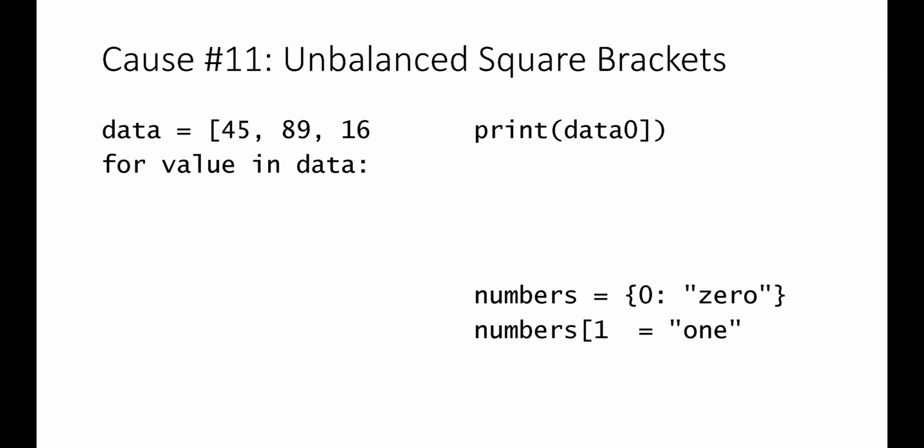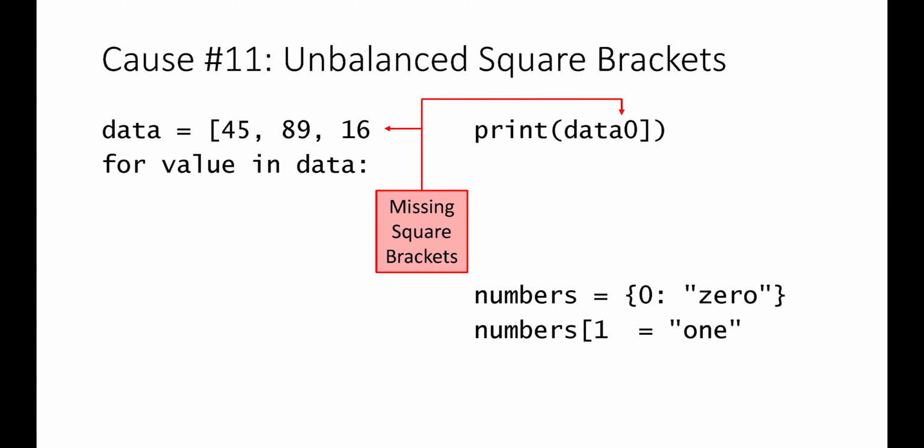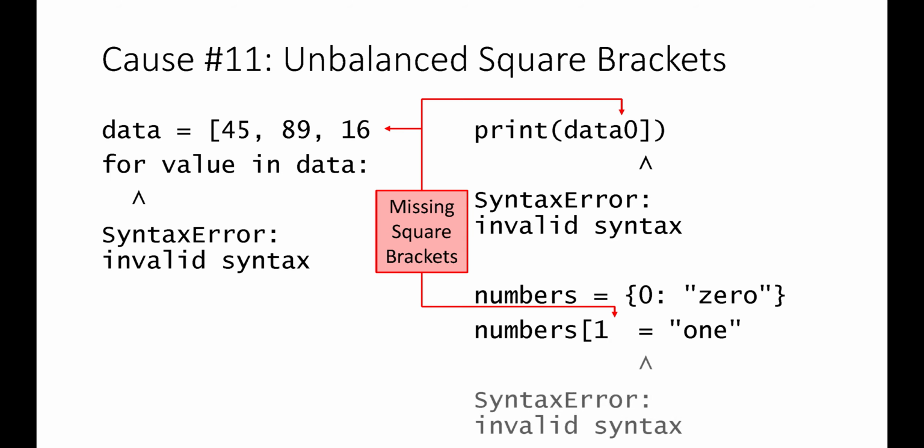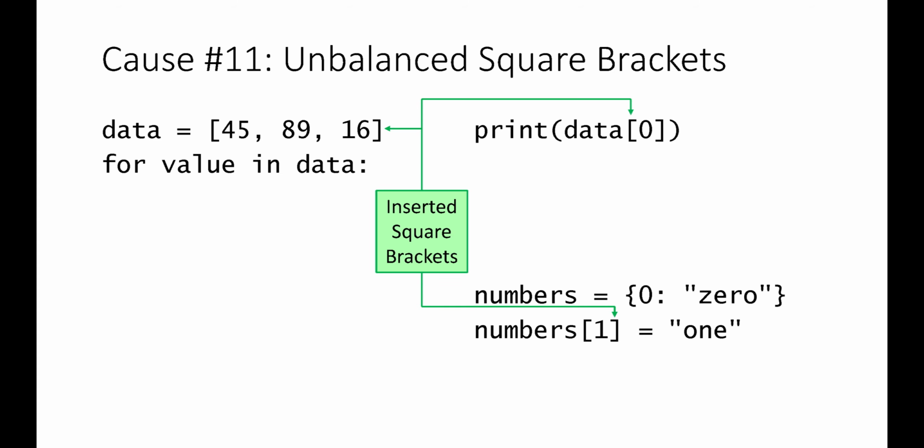Failing to correctly balance the opening and closing square brackets in a program is a syntax error. Such an error can occur when creating a list literal, accessing a particular element in a list, or accessing a particular value in a dictionary. When an open square bracket is omitted, Python often reports the unmatched closed square bracket as the location of the error. When a closed square bracket is omitted, the location reported for the error may be 1 or even 2 lines later than the location where the error actually occurred. As a result, it's important to examine earlier portions of the reported line as well as the immediately preceding lines to locate the error. Inserting the missing square bracket corrects the error.